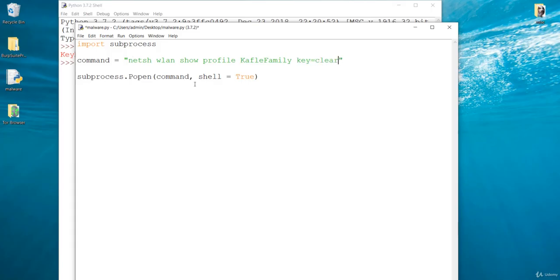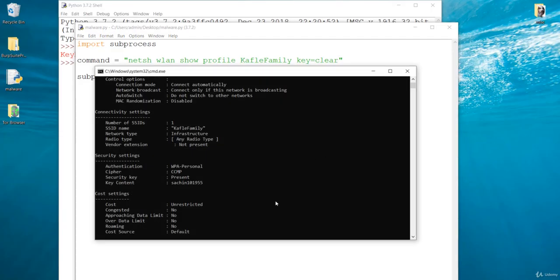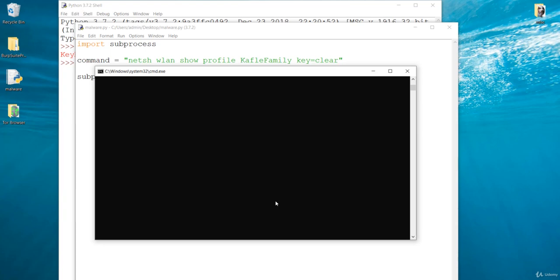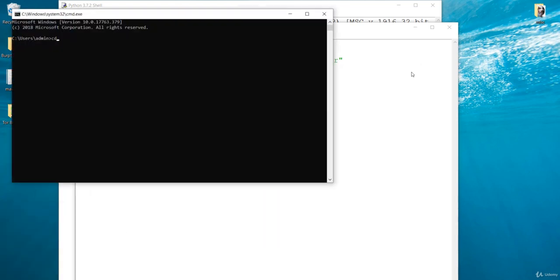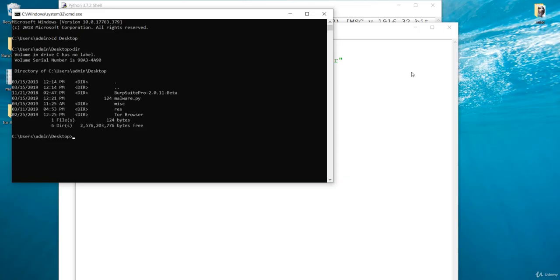So now we have executed it. Let's go back again and see if this payload works or not. I'll go over here and navigate to the payload location, and in this way we can run the Python code with the python keyword and malware.py.